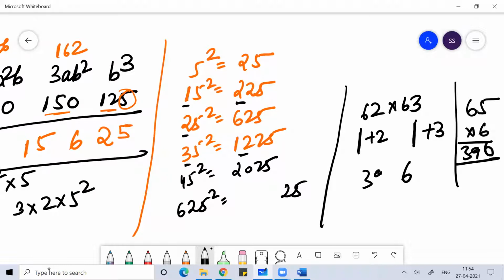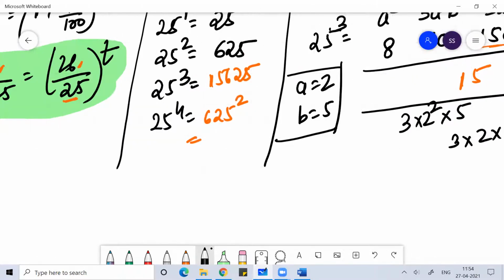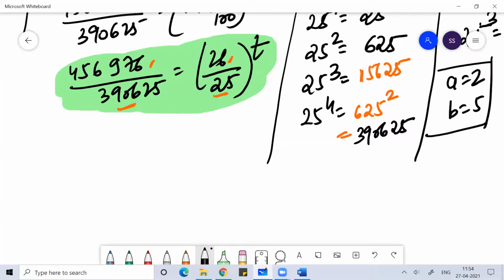So you'll get 3906, so the value of this is 390625. That is the value. So this is 390625, so you get this right. What is the power? Definitely 25 to the power 4. If that is 390625, definitely 26 to the power 4 will be